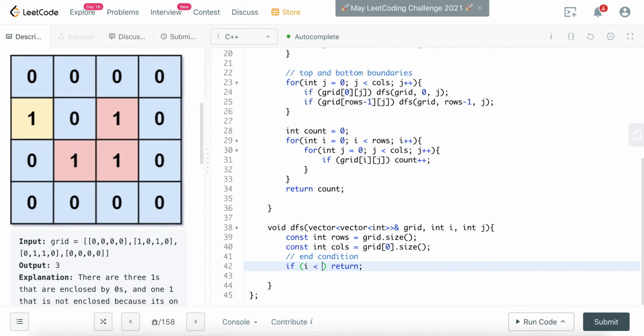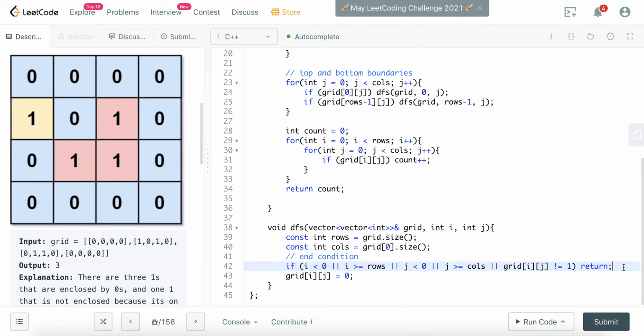If my i is smaller than 0, or i is greater than or equal to rows, or my grid[i][j] does not equal 1, I will just return. Otherwise, I mark it